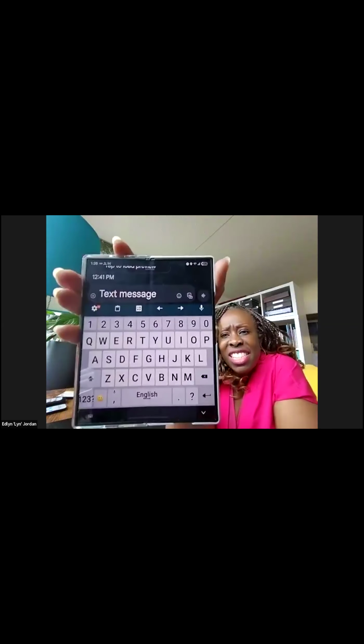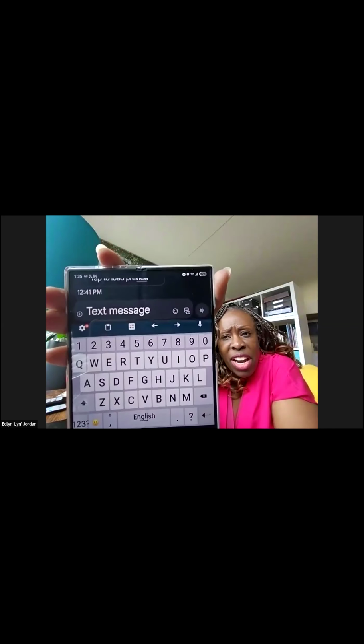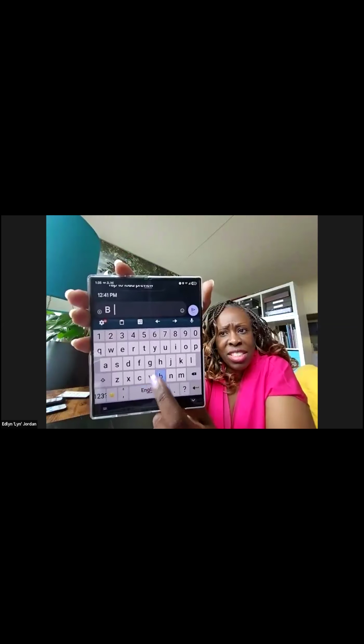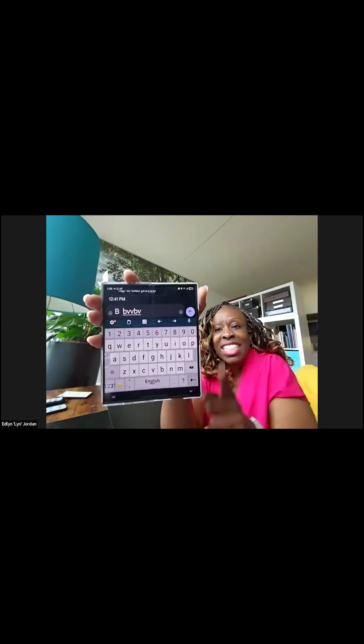The one I use is called Classic Keyboard, but I'm not even going to suggest that one because I think there are other ones that have higher ratings. I just at the time was desperate, and I think I grabbed the first one that looked like it would work. But just so you can see it, I'm pulling up my phone and pretending I'm sending a text message. This is the size of my keyboard. Whenever I get ready to type something, it looks this large, and I can see this.